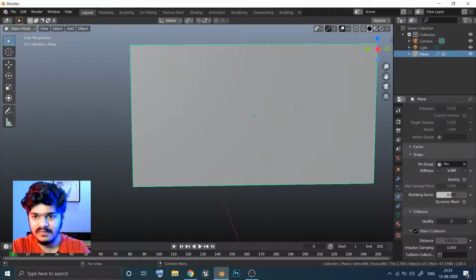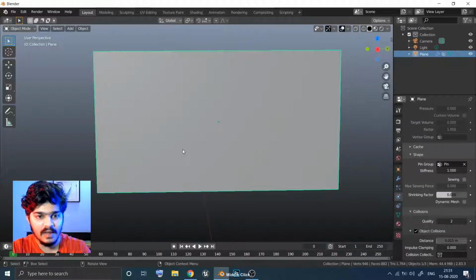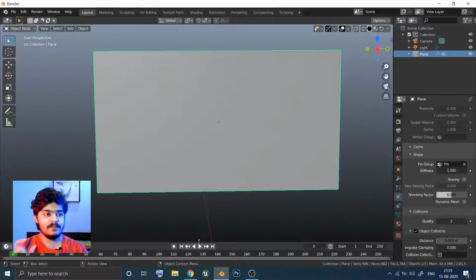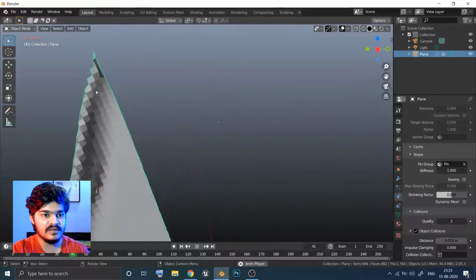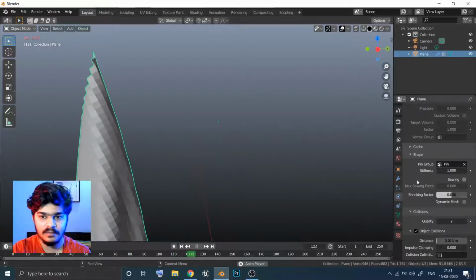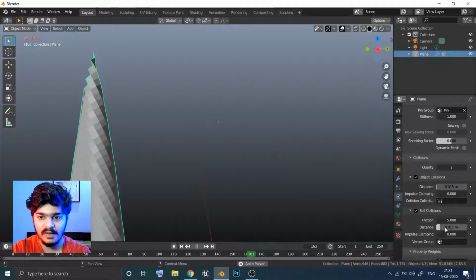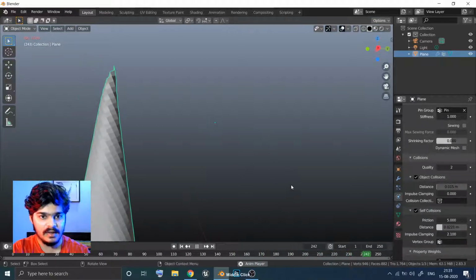Okay, here stiffness, keep it as it is. We can just use it to understand what's going on. Now let's just play it. Before pinning it, we saw that whenever we play the simulation, the entire cloth falls down. Now that we have pinned the vertices, let's play the animation. Now you can see that the 4 vertices here and the 4 vertices here are just holding up. Now the object is again going through itself, so I think this needs to be increased.